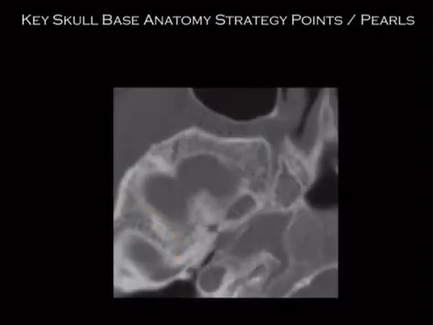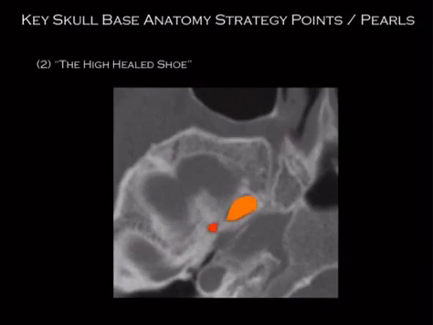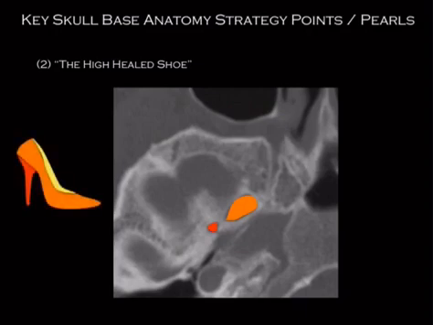Okay, next one here is the high-heeled shoe. We've got the oval part of the high-heeled shoe, which is ovale, and the spiky part, which is spinosum, color-coded there. That's the way to remember that. And then I think about a gentleman laying down his jacket for a lady as she walks across the puddle. And what is that puddle? That puddle is this. Vidian's canal is right next to foramen ovale as she's walking. She's going to take a step over top of that